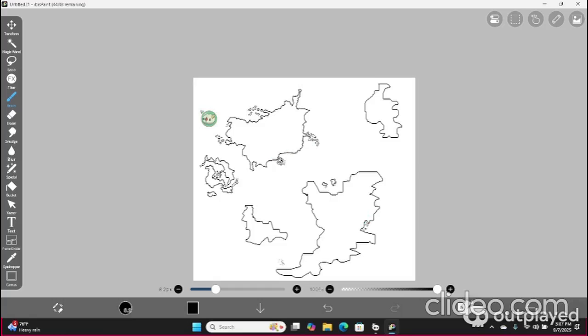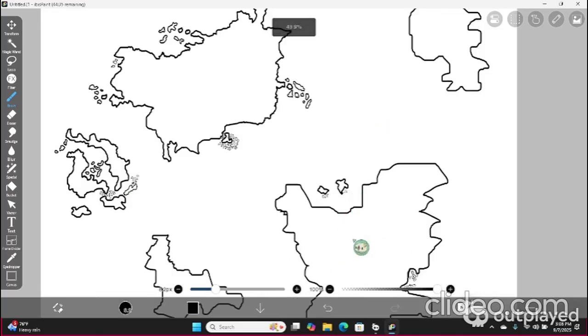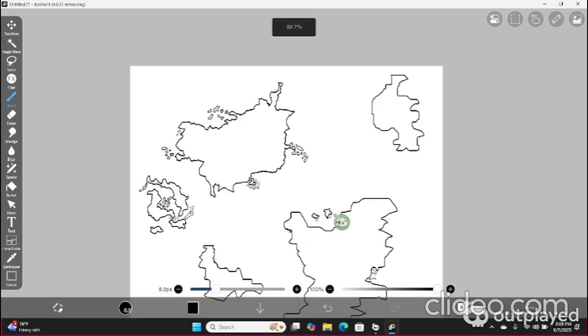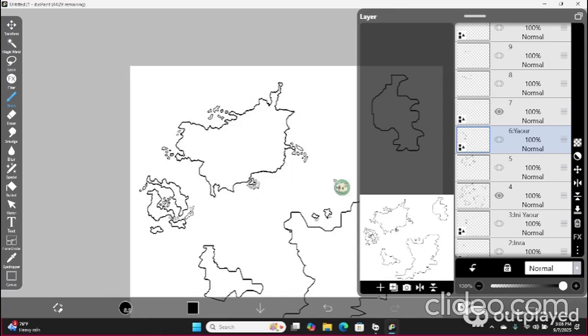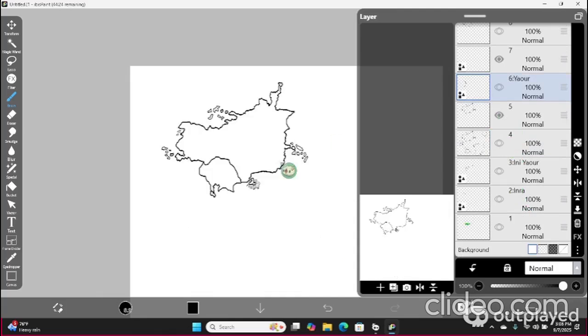So this video is about my conworld, Arex. Very unfinished and for the most part very untextured. These two continents, or I guess massive islands, are very textured, and then these ones I haven't finished texturing yet, but that's not the focus of today's video. We're focusing on this main continent here, where my first people of this planet reside.